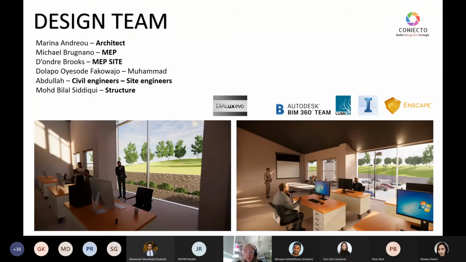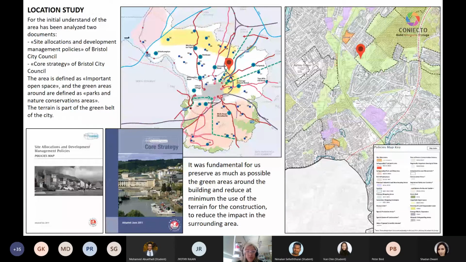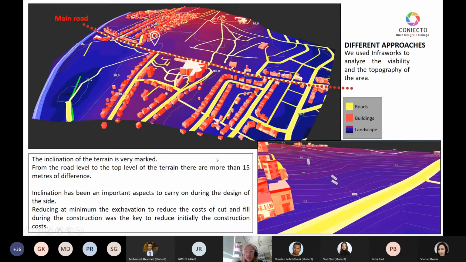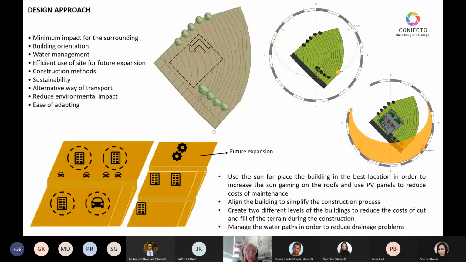Design team, so explaining a little bit of the design, how do they approach this, what were the concepts, how did they come up with a final decision. They use, in this case, they use some nearby buildings to explain maybe a little bit more contextual, and then using different approaches to the design